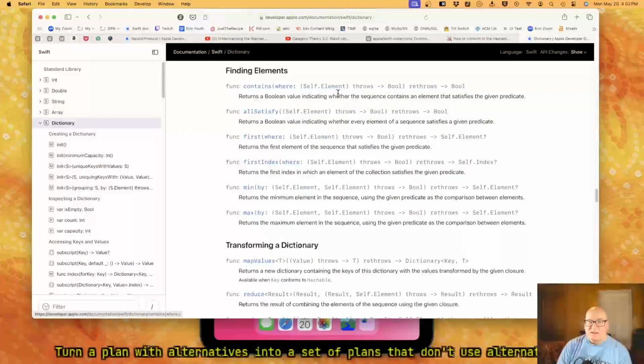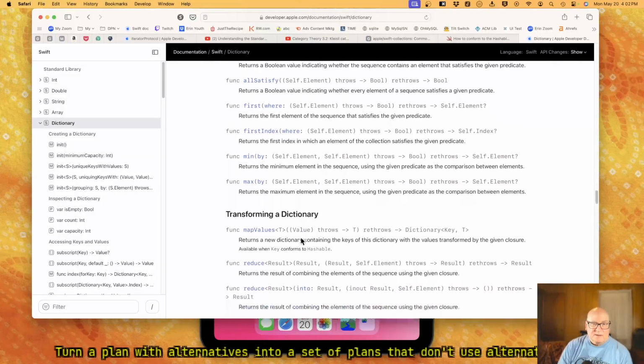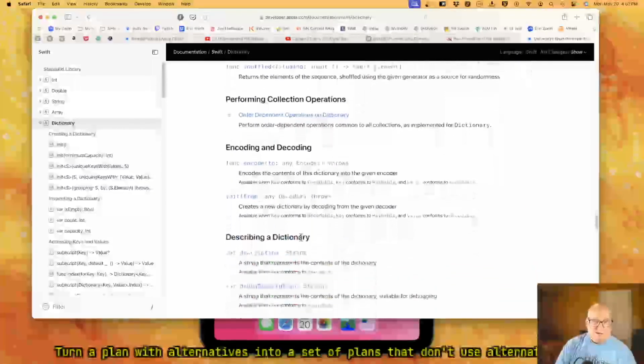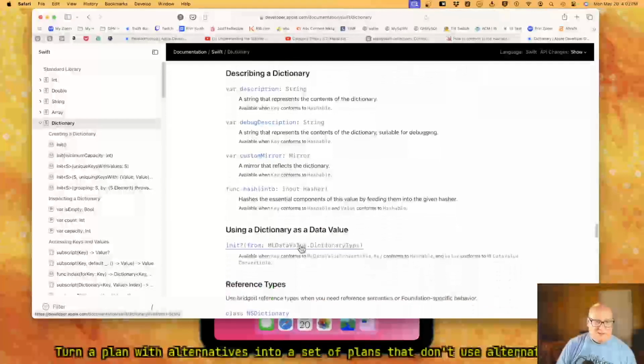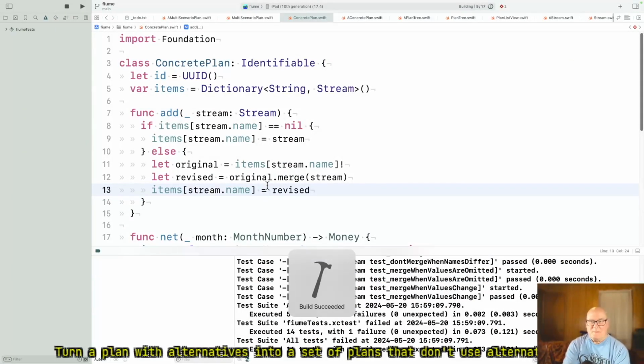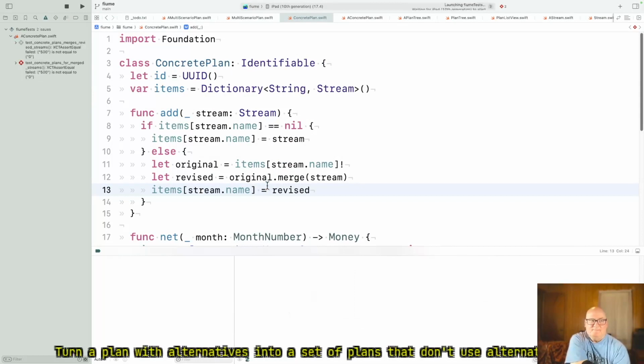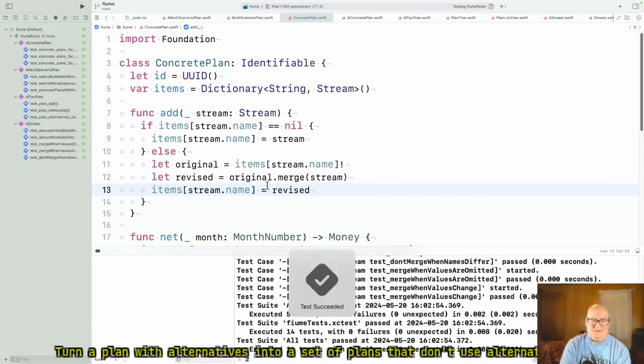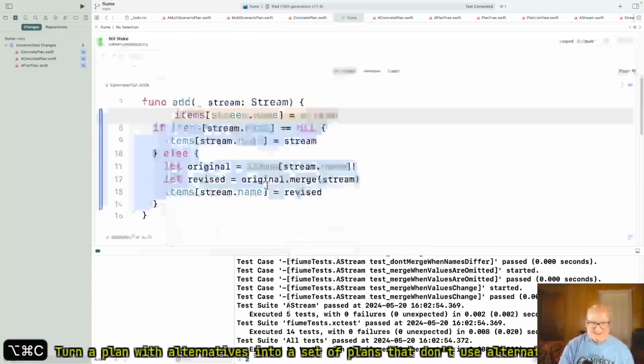Contains where self.element. That seems too hard. Okay, I think I'm done the okay-ish way. All right, now let's make sure this runs. Should pass if it wasn't clear. All right, so now